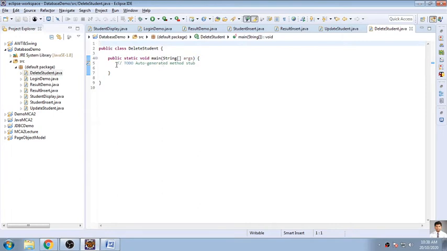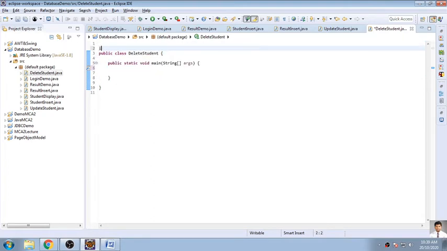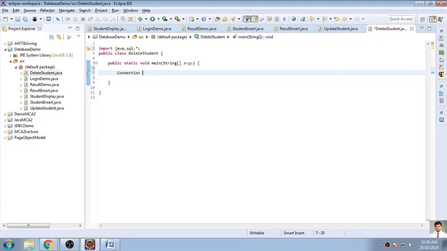Okay, now this is the skeleton available in front of me, the name of a class, that is student, with the main function public static void main. That's it. Now whenever you are writing a program, you have to import java.sql dot star. So this package has been imported. Now we are starting with the connection program, so I will not write a step, I will directly start the program. Whatever components are required, I will initialize them. So I want connection con is equal to null.